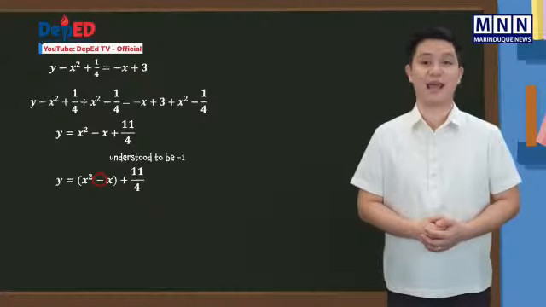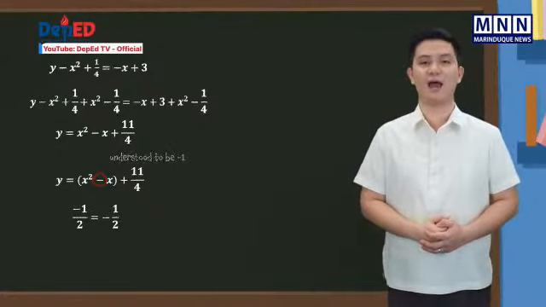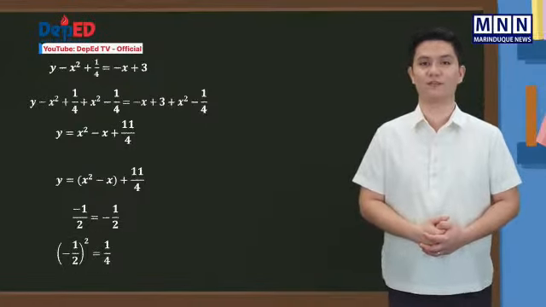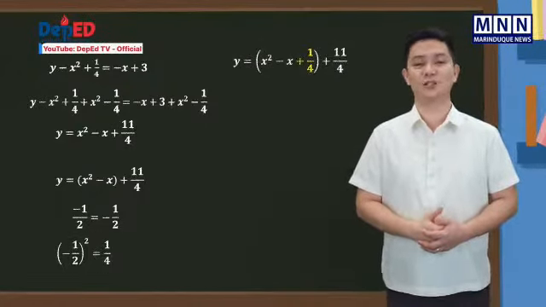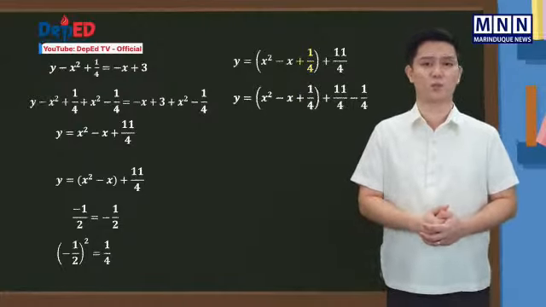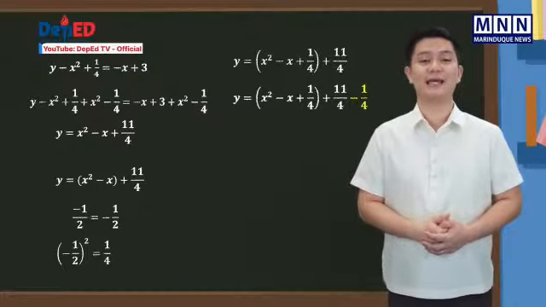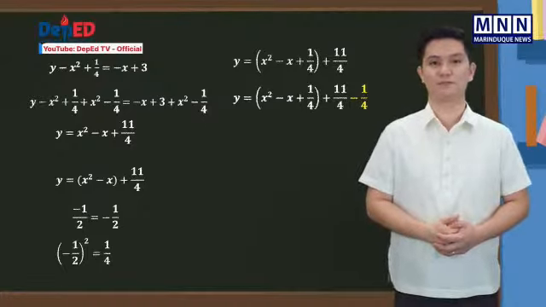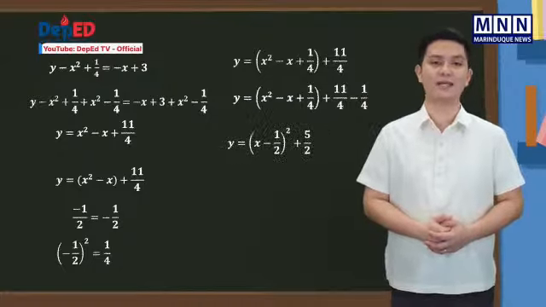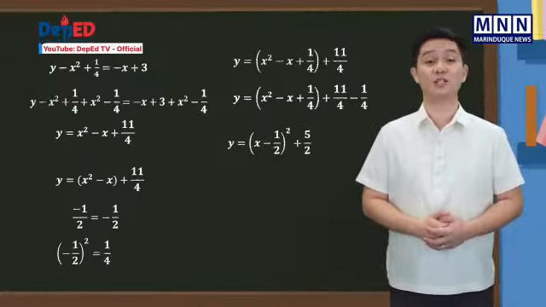The coefficient of x is negative 1. Its half is negative 1/2. The square of negative 1/2 is positive 1/4. We add 1/4 to the binomial in the parentheses. And since the leading coefficient is just 1, we just have to subtract 1/4 from the constant term 11 over 4. This equation can now be rewritten as y equals the square of the binomial x minus 1/2 plus 5 over 2,